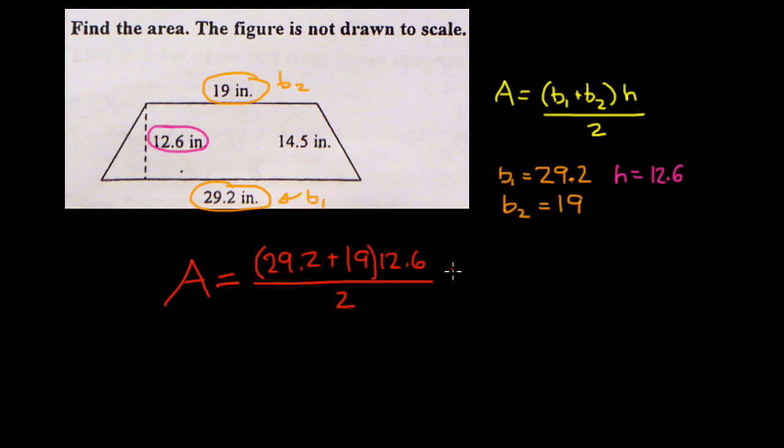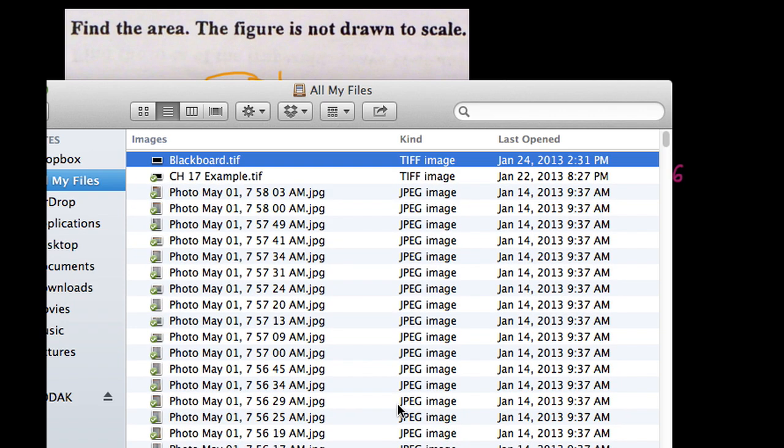So 29.2 plus 19, it looks like it's 48.2, times 12.96, and divide by 2. And then our next step is to finish it up. For a problem like this, I'd let you use calculators. So our next step is to basically